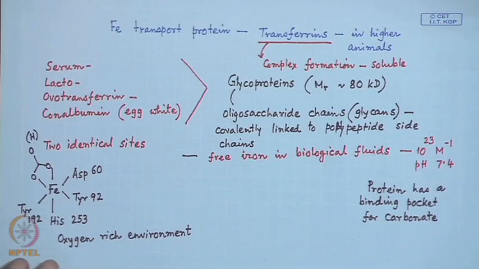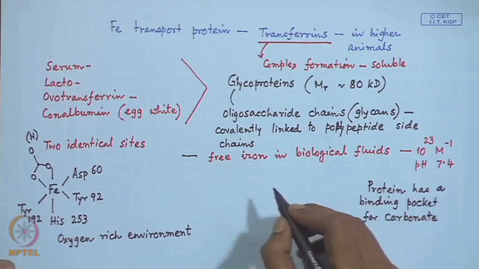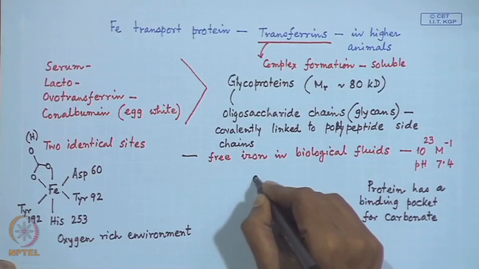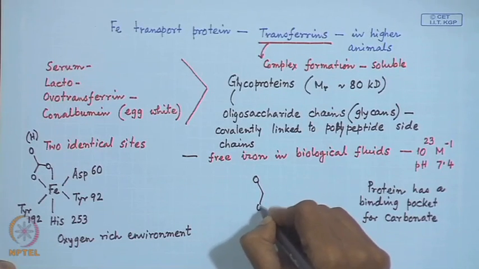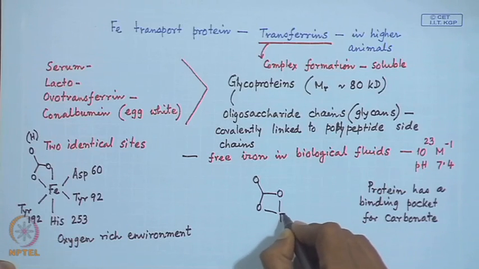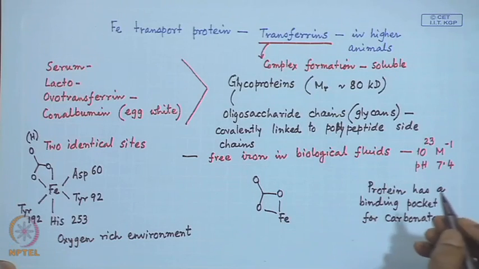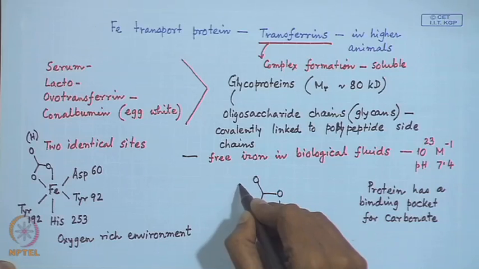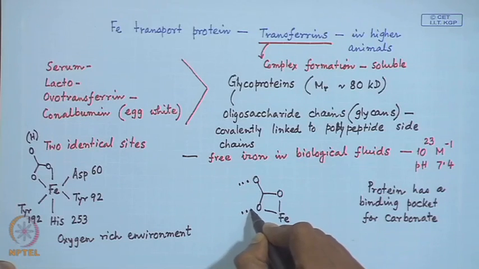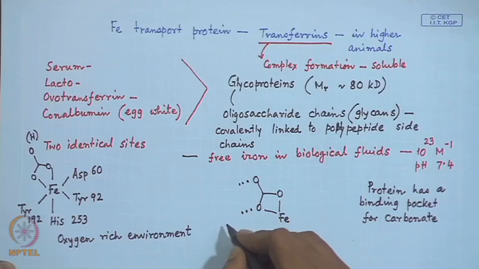By some non-covalent interaction, because you have some free oxygen groups there. So, this oxygen, which is bound to iron, will form some hydrogen bonding interaction with some other amino acid side chain,